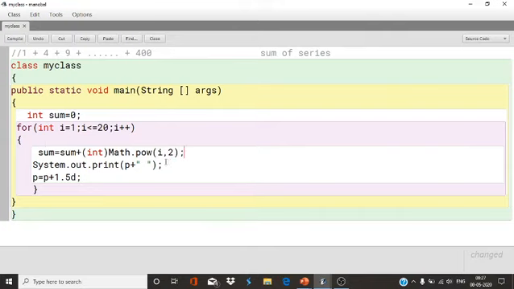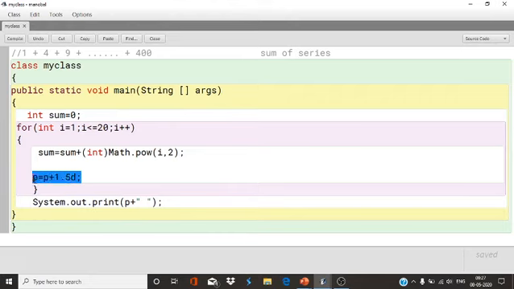Now I'm going to print this value here, sum. Okay. So first, sum equals to sum plus int math.pow(i, 2). Why? Because this value will be in integer, and that's why we can store it in sum.